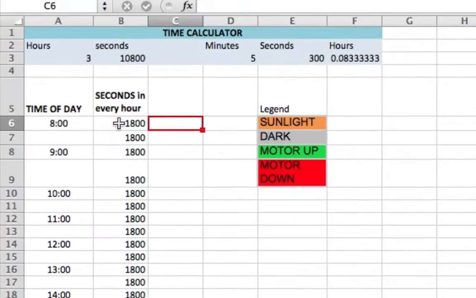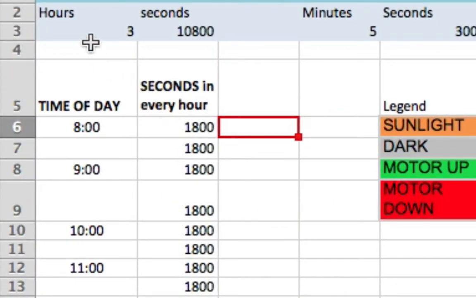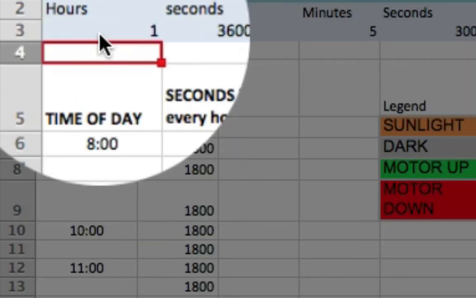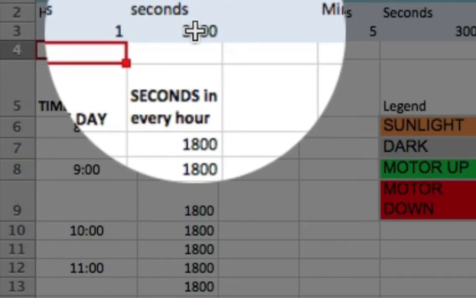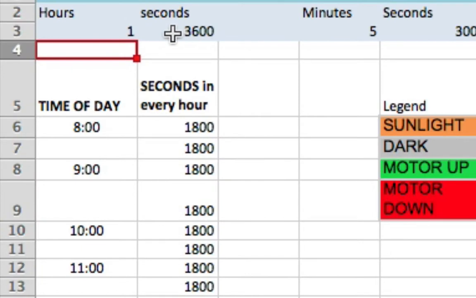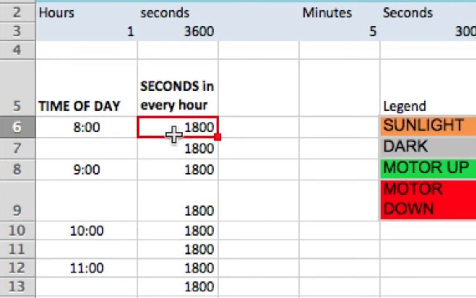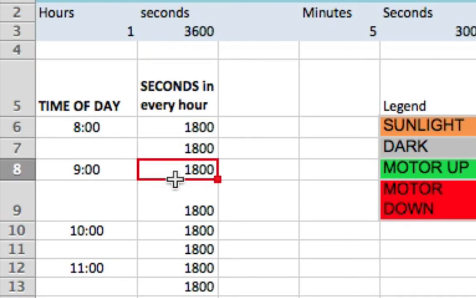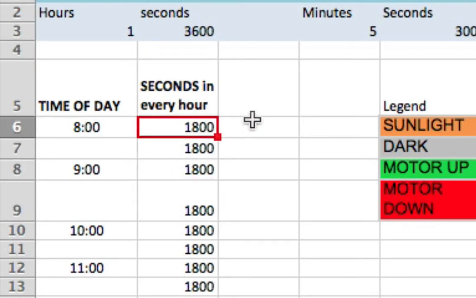Now you'll notice that 1 hour has 3,600 seconds. So a half hour would be divided by 2. 3,600 divided by 2 is 1,800 seconds. So I broke each cell down into half hour increments. Okay? So if I want to do 90 minutes of sunlight starting at 8 a.m. in the morning for my robot,